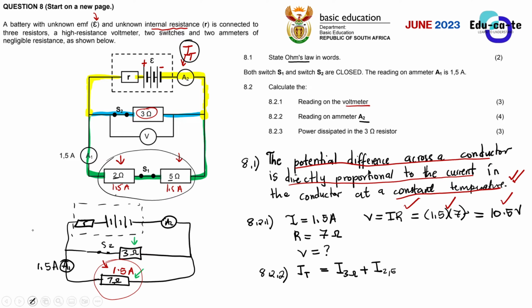Remember that the total current is split into the first one that went to the 3 ohms, and the second one that went to the 2 ohms and 5 ohms. So when they add up together here and they go to ammeter A2, they form the total current. So basically, it means that I had a total current here, and then it is split. Splitting simply means dividing. Current is being divided in a parallel combination. So when it reaches here, it's split.